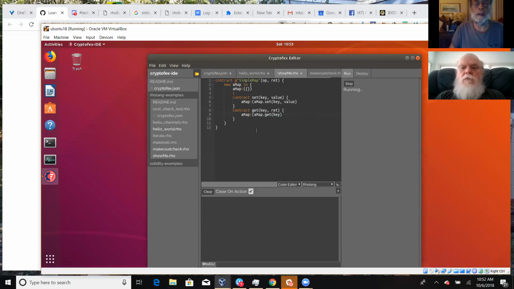Right? And then we want to, in parallel, renew standard out in rho:io:stdout.